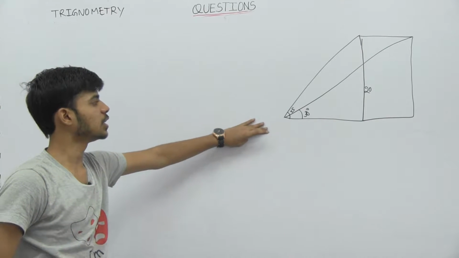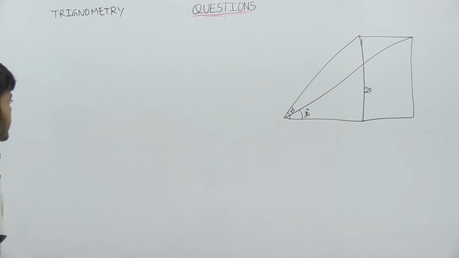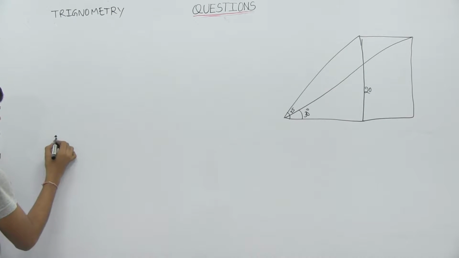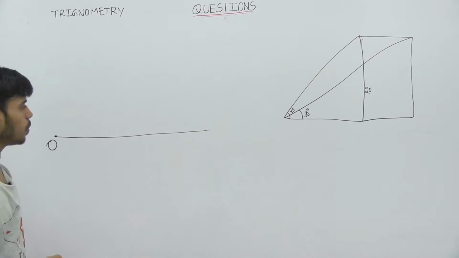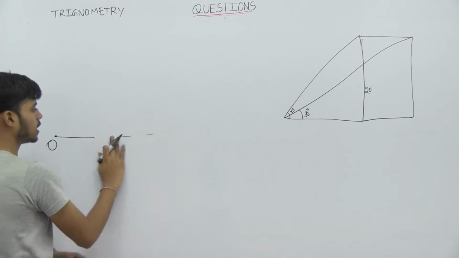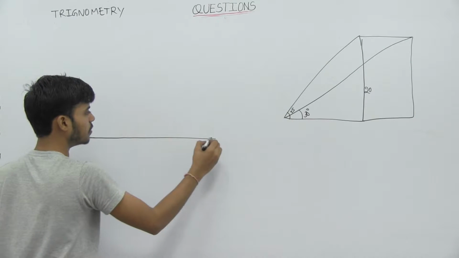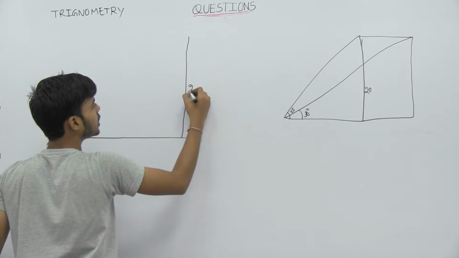Okay, let's solve a question from heights and distances. So first let me explain the question. There is an observer on the ground. He is standing at O, and this is a straight ground. There is a vertical pillar of height 20